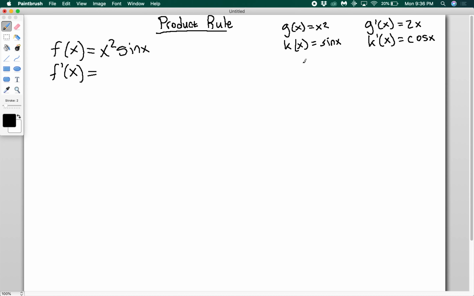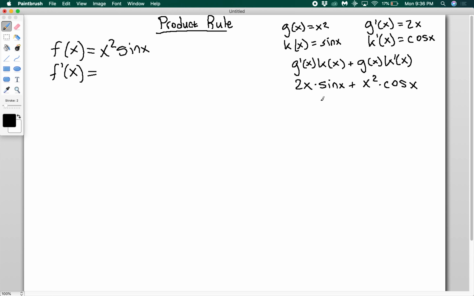And then you just use product rule: g prime of x times k of x plus g of x times k prime of x. Then we plug in: g prime is 2x times k of x is sine x, plus g of x is x squared times k prime of x is cosine x,